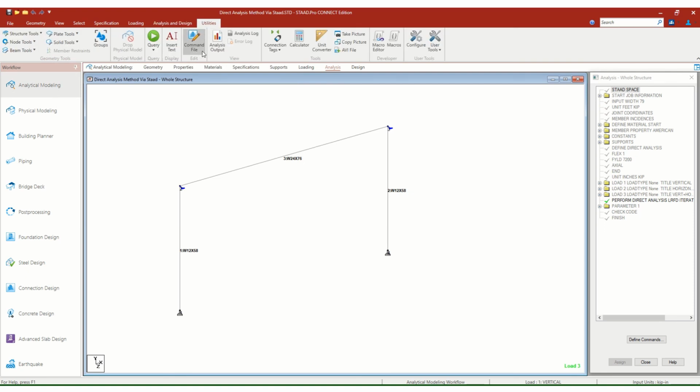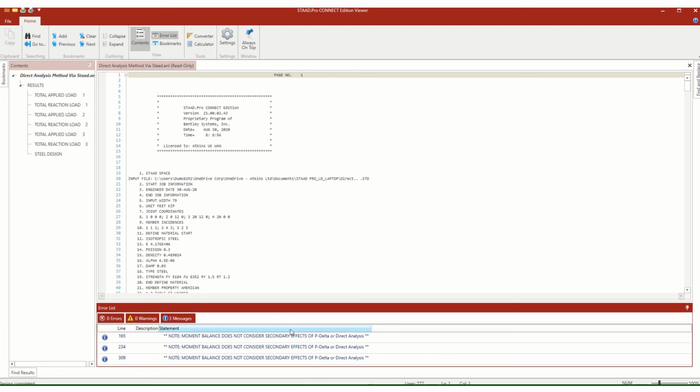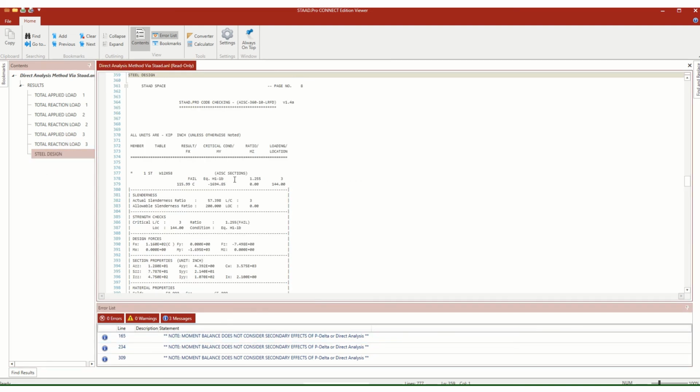We'll check out what our analysis output is telling us here, and the notes are regarding the procedure of implementing P delta or direct analysis and something within STAAD in terms of the moments and the balance of the moment. This does not affect your results. We'll come immediately to steel design area, double click on it, and we'll see whether or not these elements